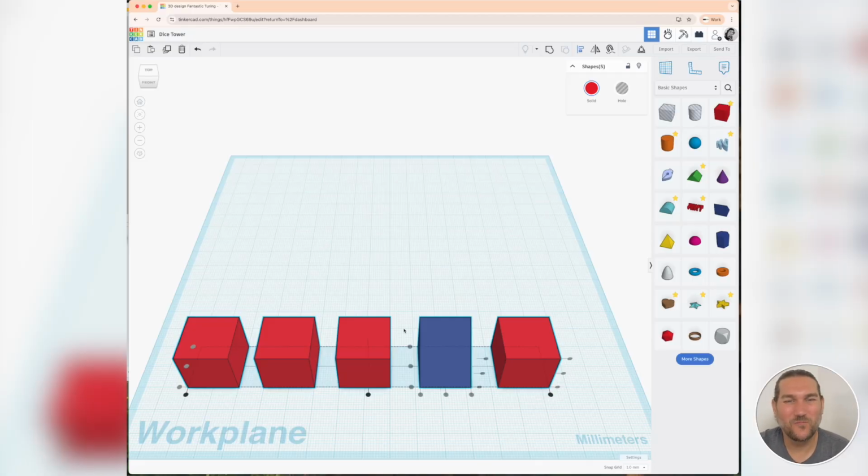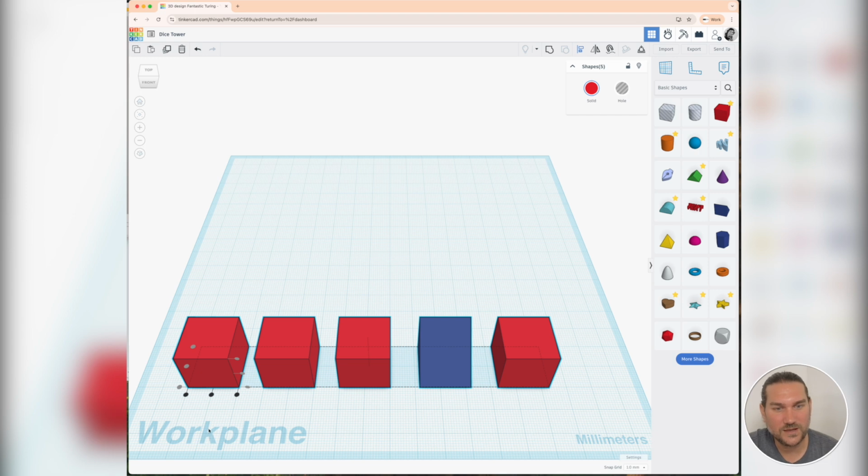So, for our dice tower, which is what we're creating, we are going to be needing a few primitives tools. I've just grabbed 4 of these basic box blocks, as well as 1 wedge. These things will make sense when we start putting them together, so let's take a look and see how we